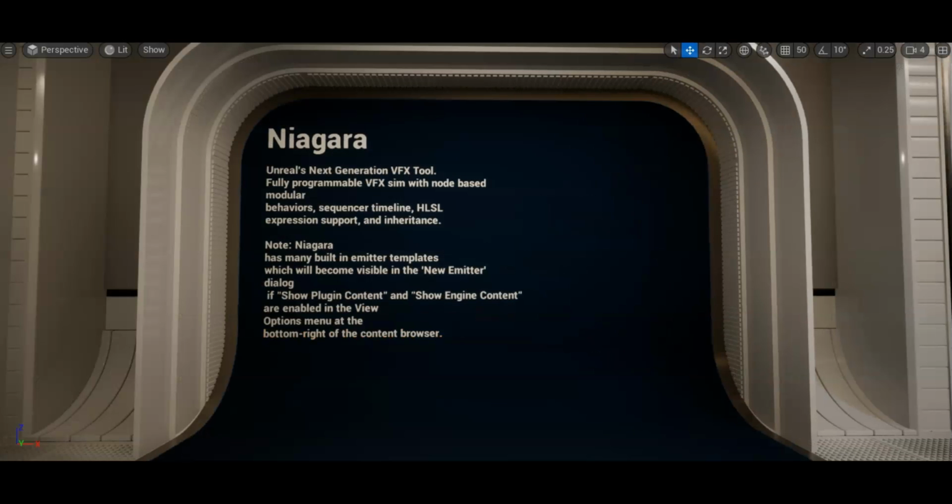Niagara, Unreal's next generation VFX tool. Fully programmable VFX sim with modular behaviors, Sequencer, timeline, HLSL, expression support, and inheritance. Note: Niagara has many built-in emitter templates, which will become visible in the new emitter dialog,